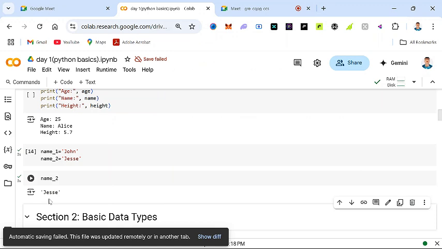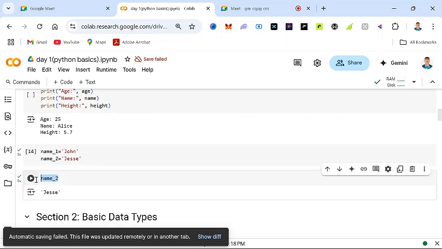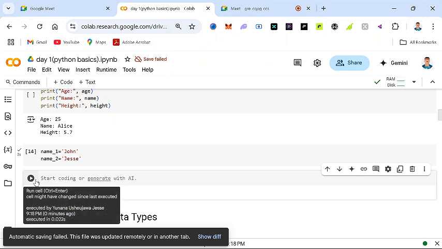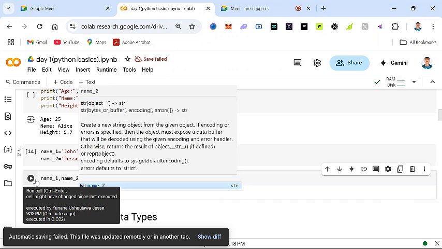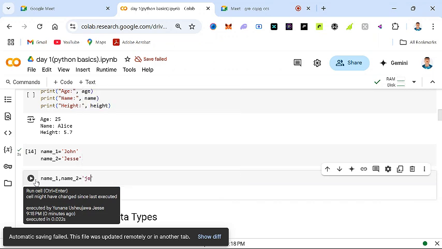It's clever. Now I can show you another shortcut. Maybe I want to write JC and John on the same line. This is what I can do. I can say name one, because in machine learning we will use this very well. I can now say equal to JC, comma